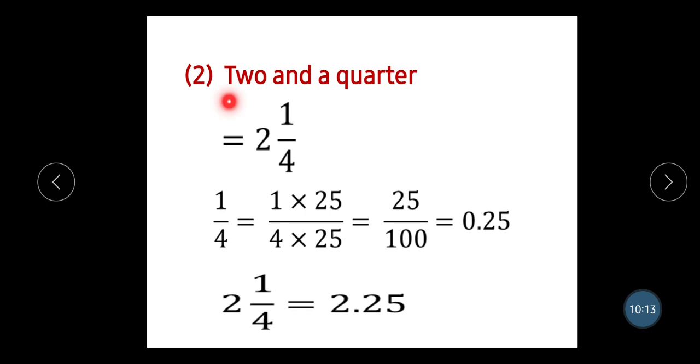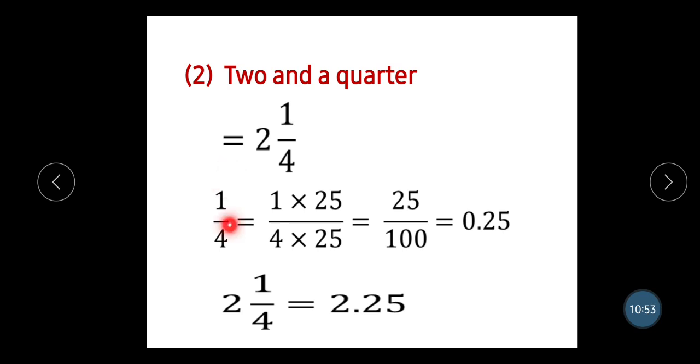Second one, 2.25. 2 is written as it is, quarter is written as 1/4. Now 2 1/4 in mixed fraction is written as 2, 1/4. Now you can see the denominator over here is 4. Now it is not divisible by 10. So we will take the next number, that is 10 into 10 is 100. So yes, 100 is divisible by 4. That is, it is coming in as 25 times. So 4 into 25 we will get as 100.